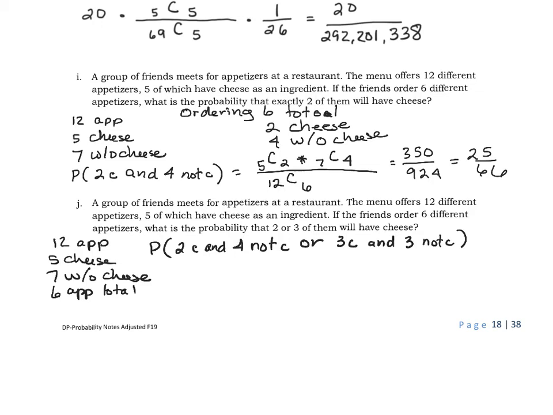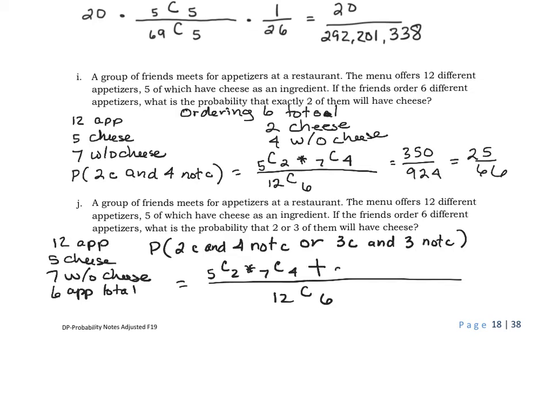All right, so remember that "or" means add. We know we'll have to do some addition there. So the denominator, let's look for all the different ways that can happen. And so we already know if we want 2 cheese, we have 5 that have cheese, we're taking 2 of those. So 7 don't have the cheese, we need 4. Or,